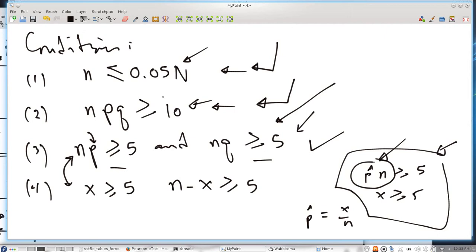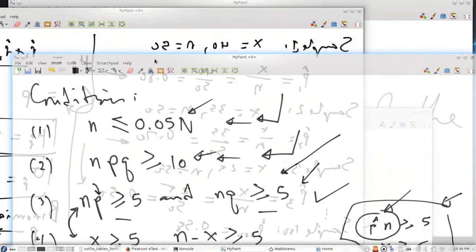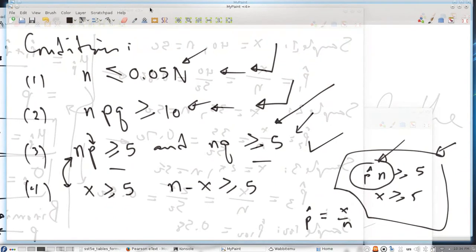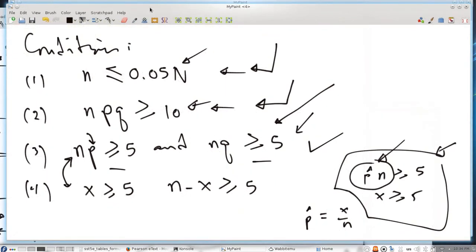If the data fails one of these conditions, then we know that the data does not possess a normal distribution, and therefore we cannot really do the statistical analysis of the data. In other words, the data is simply not usable. So the idea is, given any data set in a sampling distribution of the sample proportion, you must apply one of these test conditions to make sure that the data satisfies the binomial test, or that it has a normal distribution.